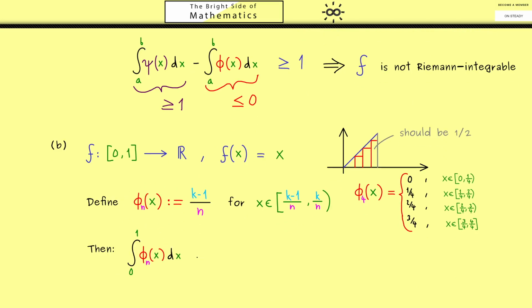Now, as we have learned before, the integral of a step function is always the sum of the areas of the rectangles. Please recall, we have n steps, therefore we have n rectangles. Honestly, the first one has area 0, so we could ignore it, but we can include it nevertheless. So now the area of one rectangle is simply the height times the width. And by construction, this is for all our rectangles 1 over n.